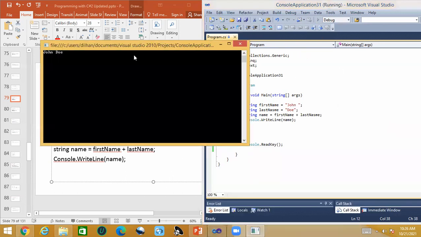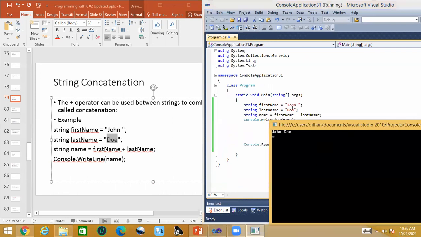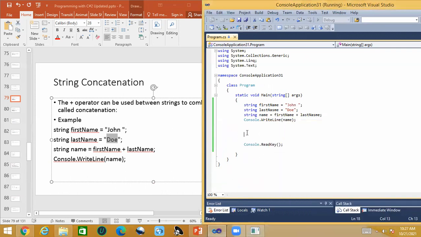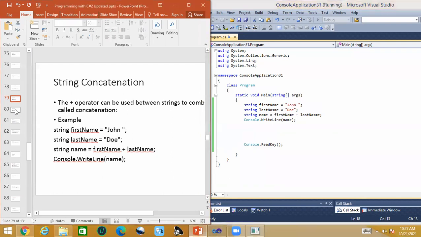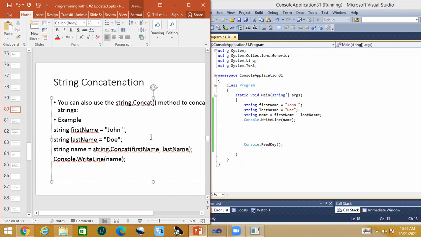Then we can see it clearly, John Doe, right? So this is string concatenation. The same thing we can do by using the concat function also. So here you can see you also use the string.concat method to